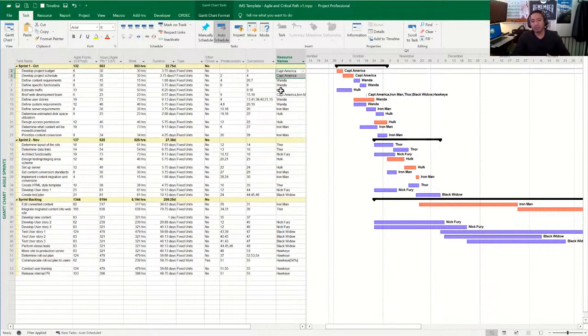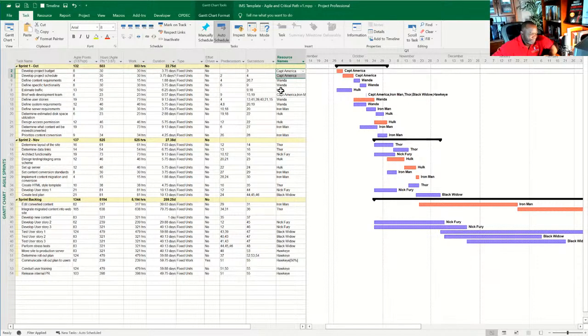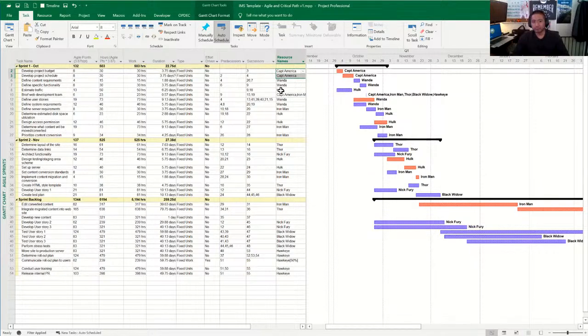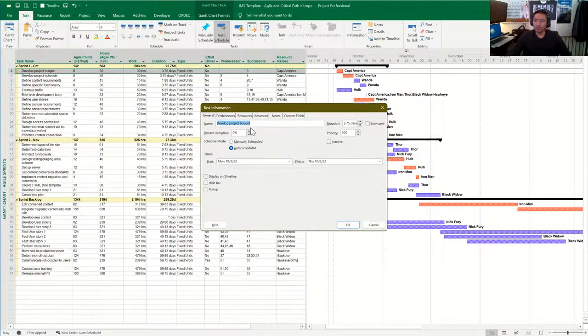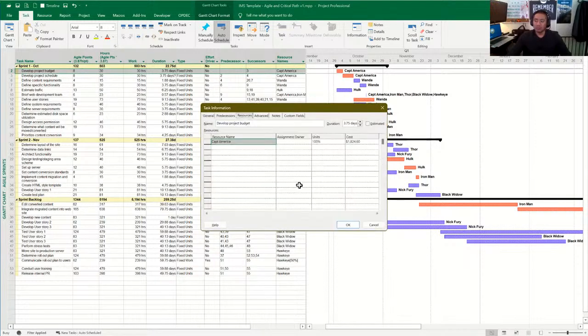So it's cut in half. Captain America's time is 50% commitment for task number 2, and the other 50% goes to task number 3. Now, if it's effort driven, you're able to go into the project information, go under resources, and